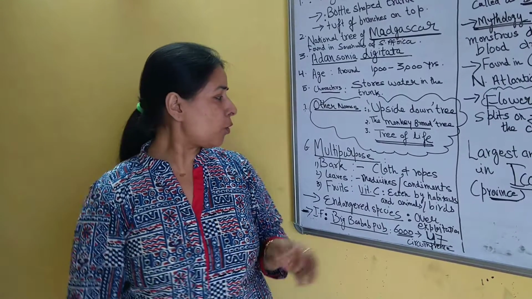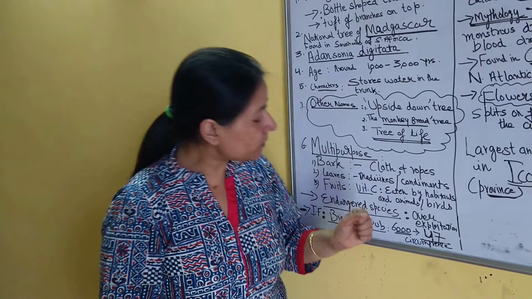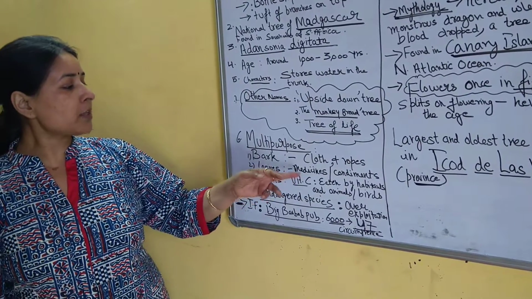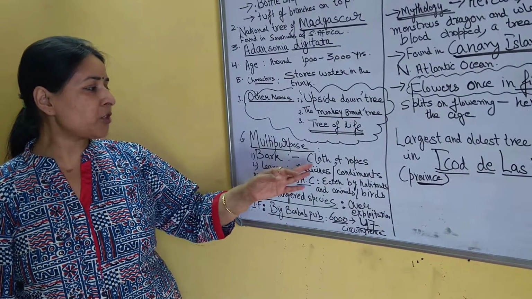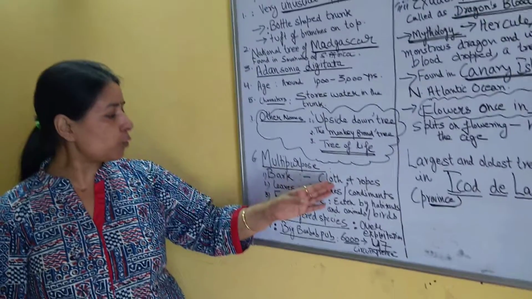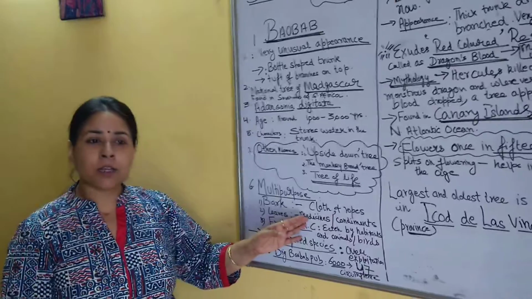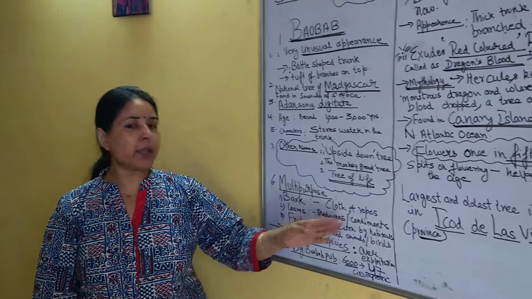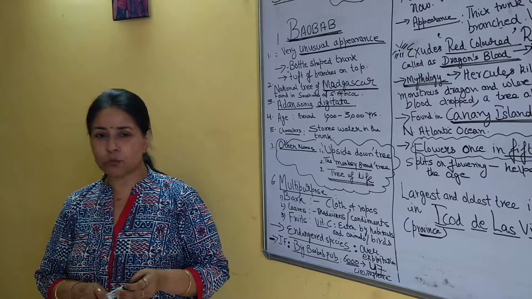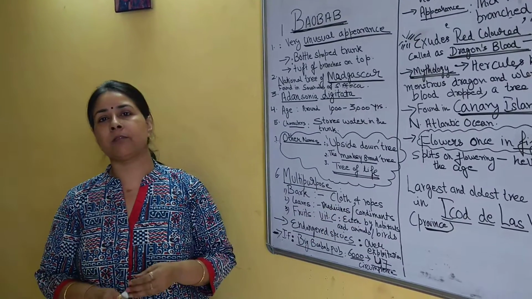or the other. So, if we talk about the parts which we get from the tree, the bark of the tree provides us with fibers which can be changed into clothes and robes. So the tree trunk is also useful to us. Then if we talk about leaves, leaves give us medicines, and they are also used as condiments. They are added to enhance the flavor of the foods. So leaves work as condiments as well as having medicinal value.